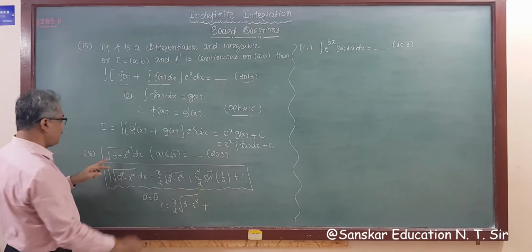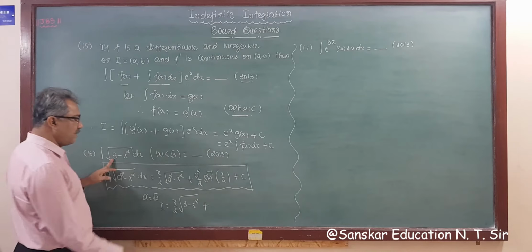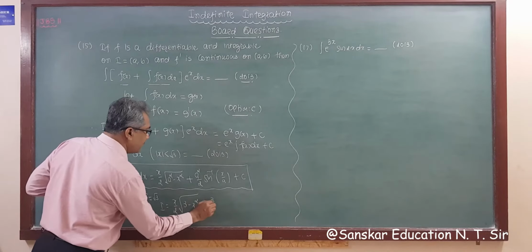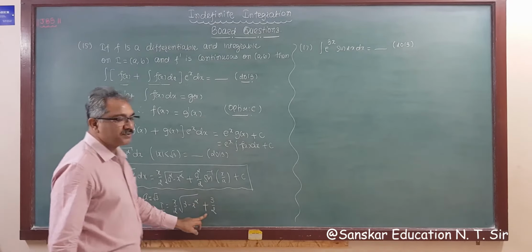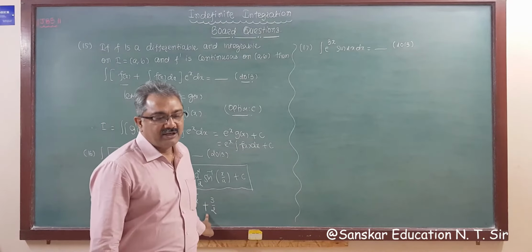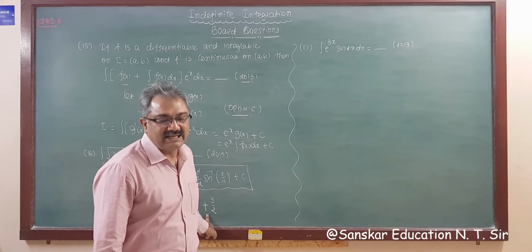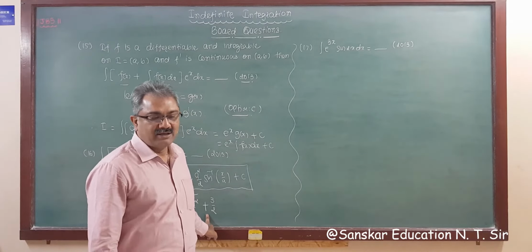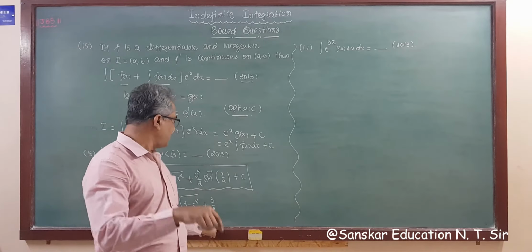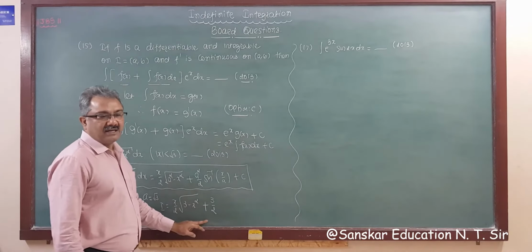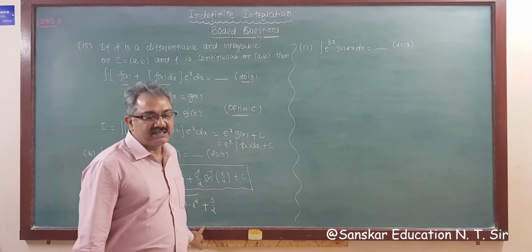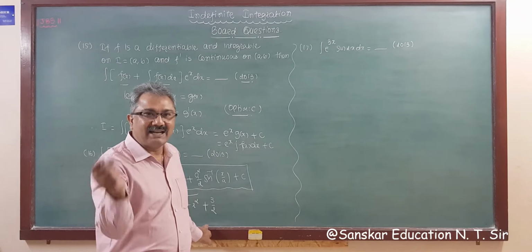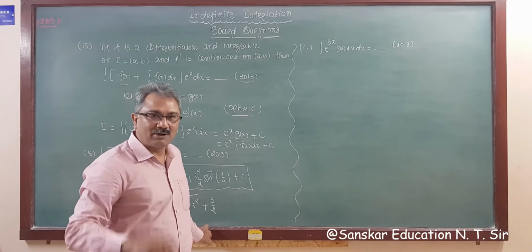All 4 options have that. Plus a²/2, where a is root 3, so 3/2. Now check which option has 3/2. Plus 3/2 is in only B, C and D. So option A is cancelled now. Now sine inverse: how many options have it? So options C and D are now in the game. A and B are out.